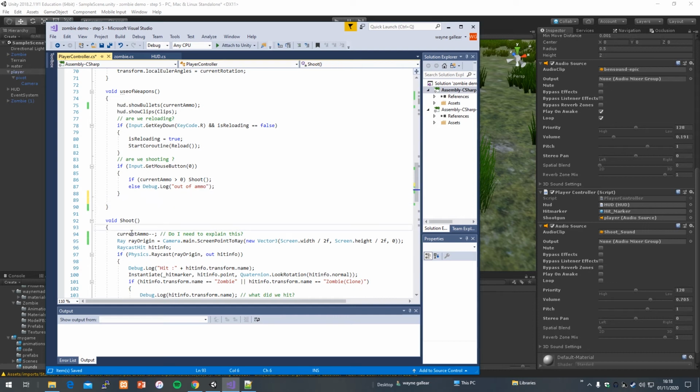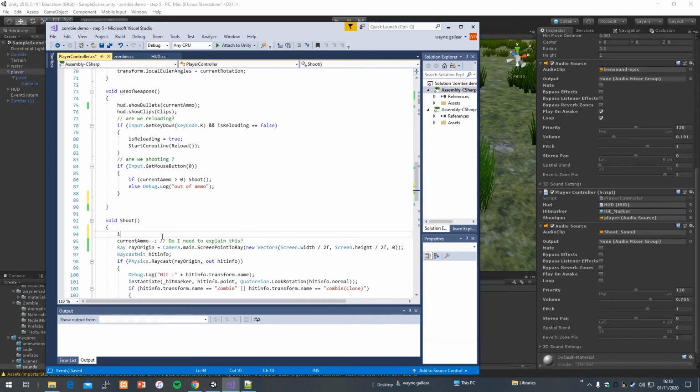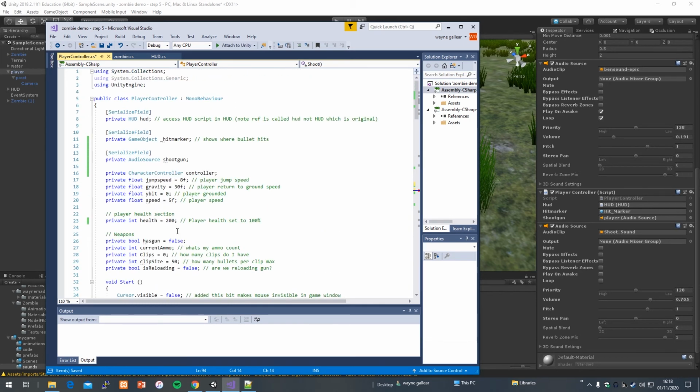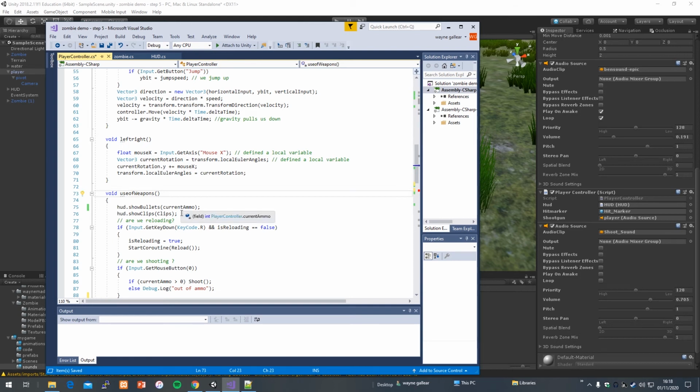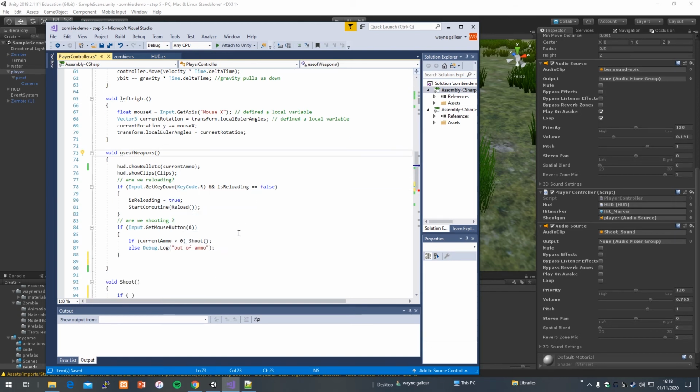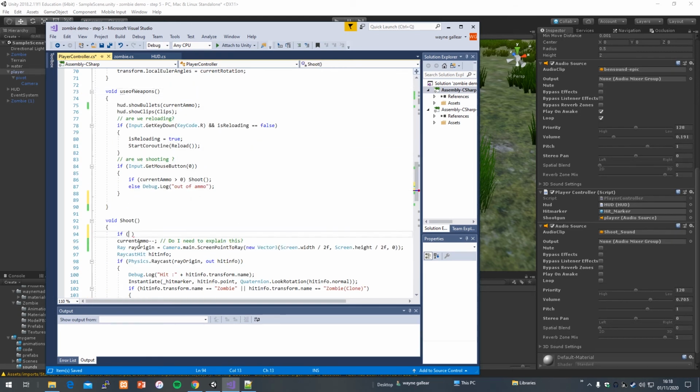We'll do it in the shoot routine actually. We'll do it there. So we'll go if. Now I created up here, I called it, what did I call it? Shoot gun. So shoot gun. If, oops, where are we? Your if shoot gun